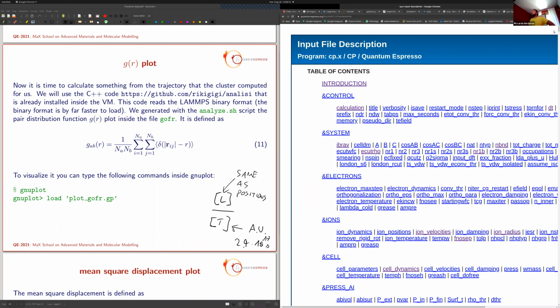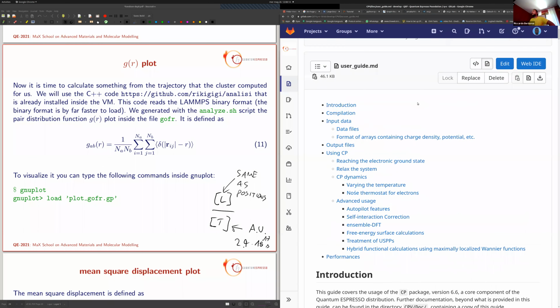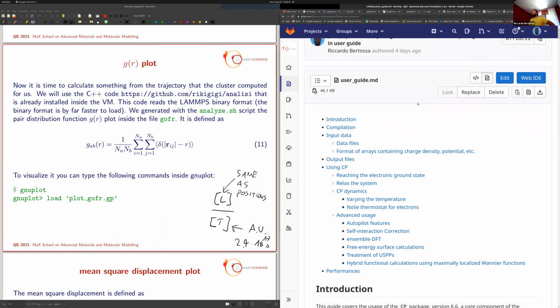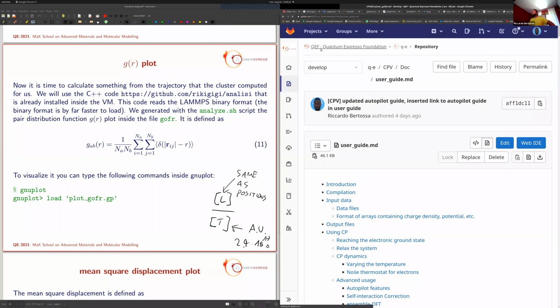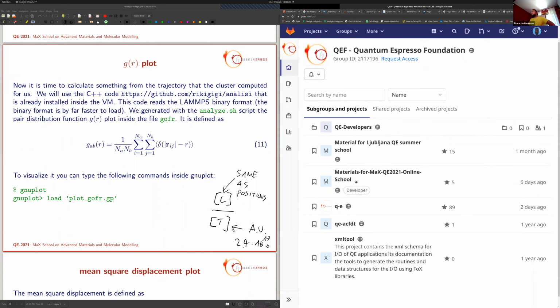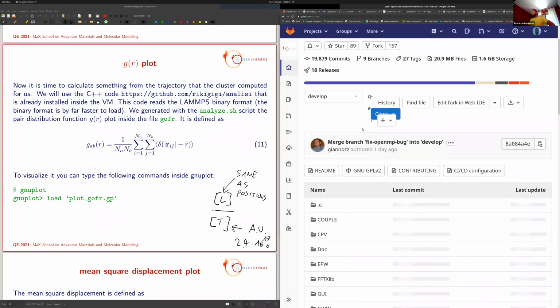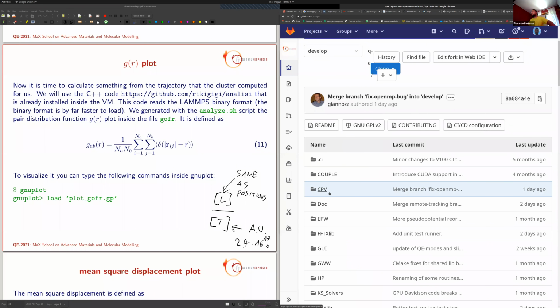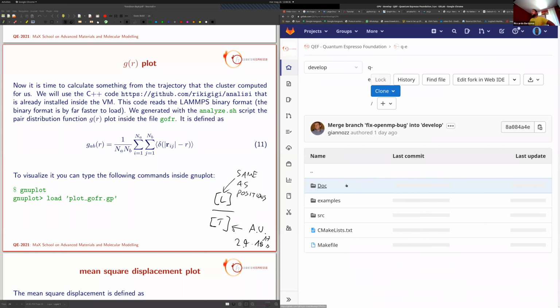You can have a look also at the repository. If you Google Quantum Espresso GitLab, you end up with the repository. Quantum Espresso is there, and inside the folder CPV you can find some documentation